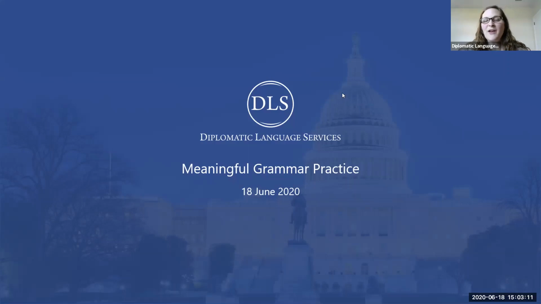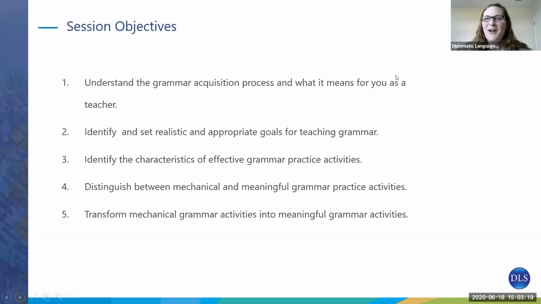We are going to be talking about meaningful grammar practice today. And so what does that mean exactly, meaningful grammar practice? We're going to talk about that. And part of the objectives that we're going to have for this session are, first, I want to help you